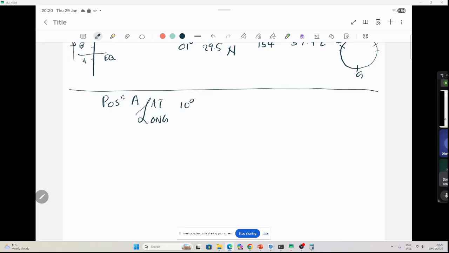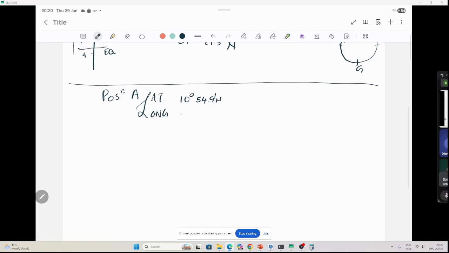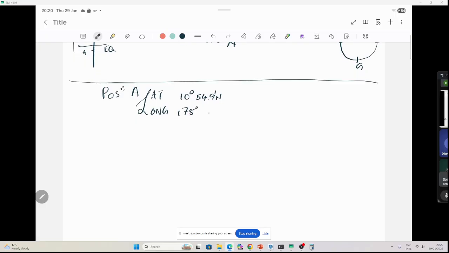Anyway, 10 degrees 54.9 minutes north, longitude 178 degrees 48.3 minutes west, then